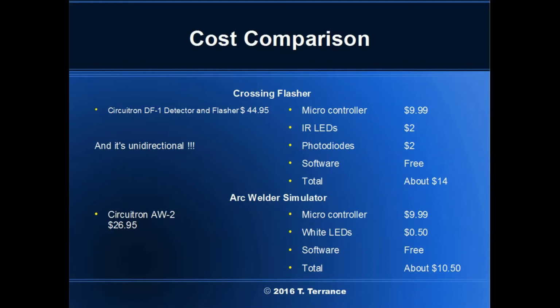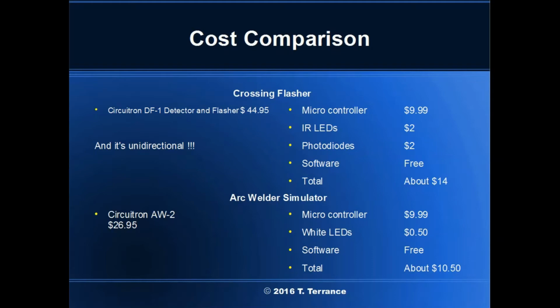The software inside the microcontroller can be set up to detect trains approaching from either direction. The commercial product is unidirectional. Want to detect in either direction? That costs more. For my second example, let's see what it costs to reproduce Circuitron's